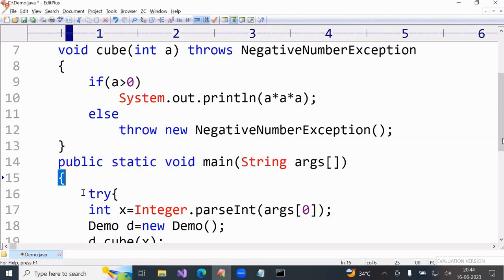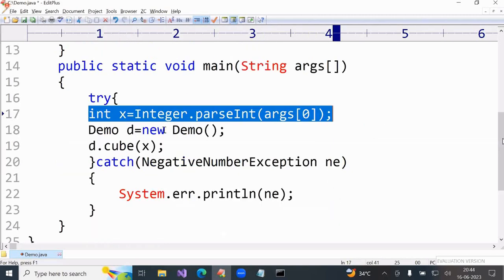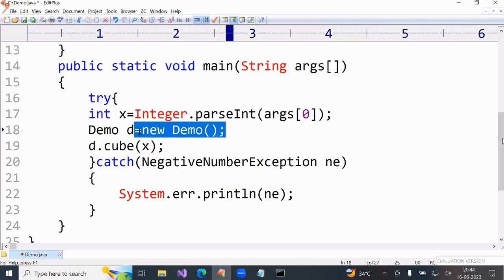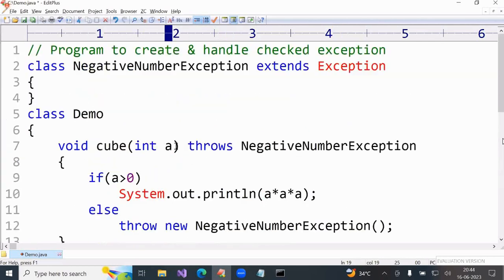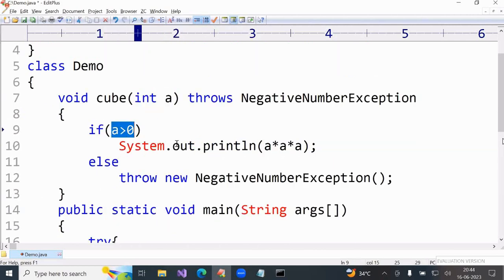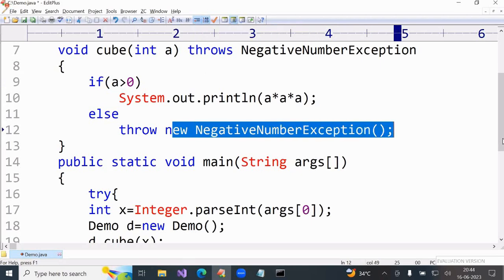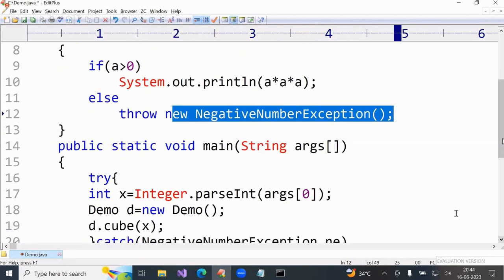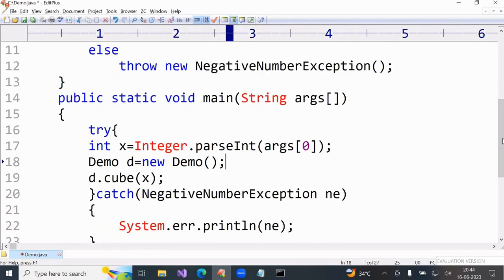Open brace executed, try block executed, -5 converted to integer. Object created for Demo class. That object referred by d, with that the cube method called, -5 copied in a. -5 greater than 0? False. Then an object is created for the NegativeNumberException class. This object is passed to the catch block